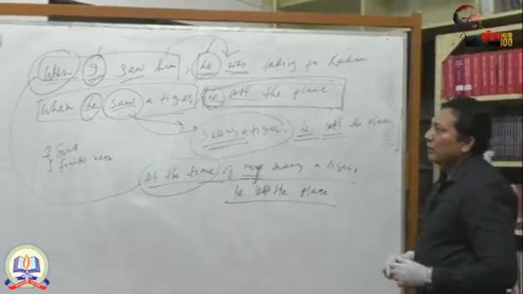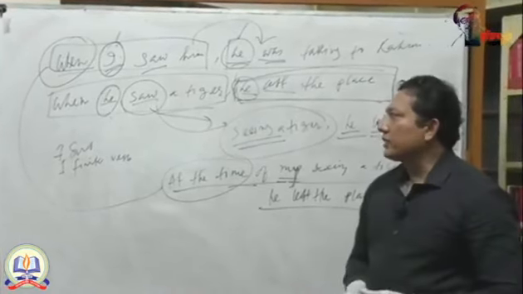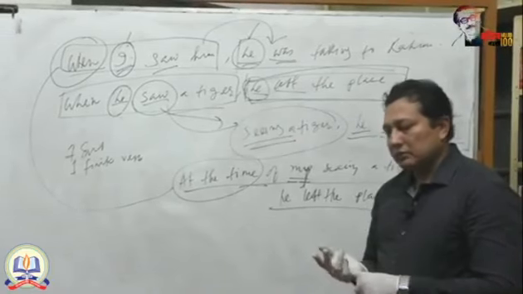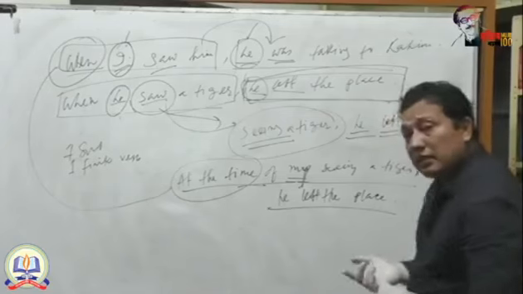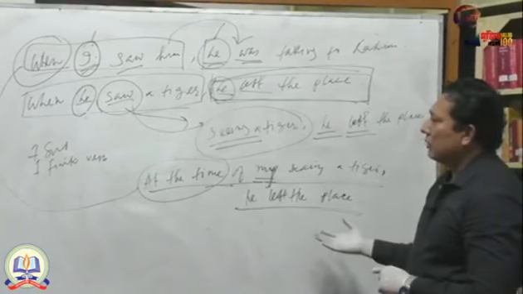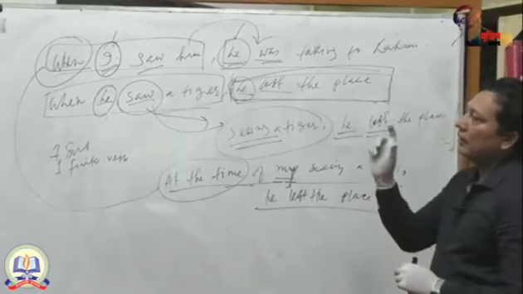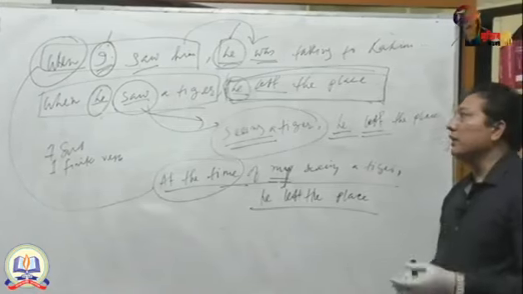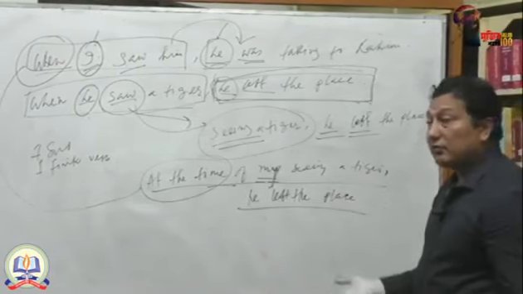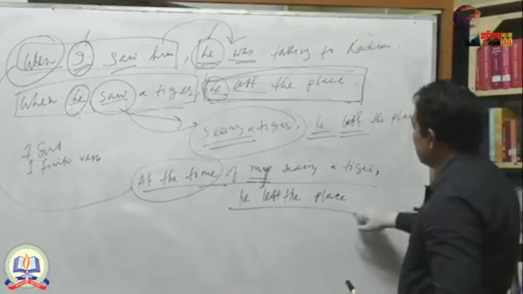So when you find any complex sentence using subordinate conjunctions, the subordinate conjunctions indicate time, action, reason, condition, many things. And when you transform a complex sentence to simple, of course, you have to find out the meaning of the conjunctions, and according to the meaning, you have to use a phrase like during, at the time of, because of, in this way. I will discuss it in detail in the next class.